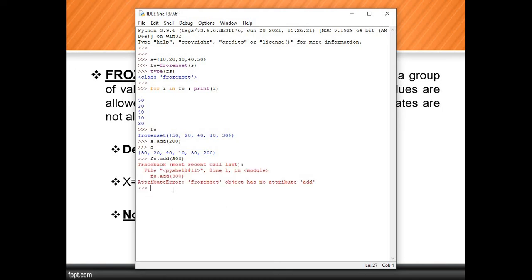See, attribute error: frozenset object has no attribute add. Why? Because set has predefined attributes such as add and remove, but frozenset doesn't have those attributes, so that's why we get the attribute error. Okay, make a note of that.